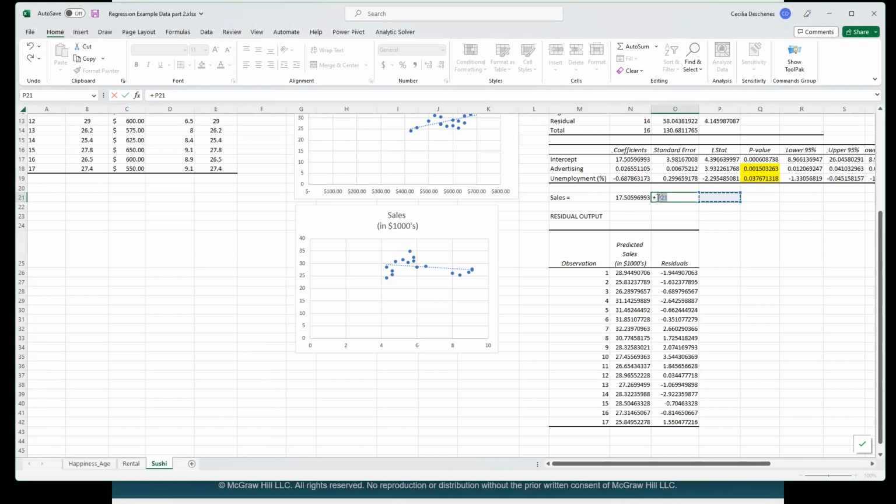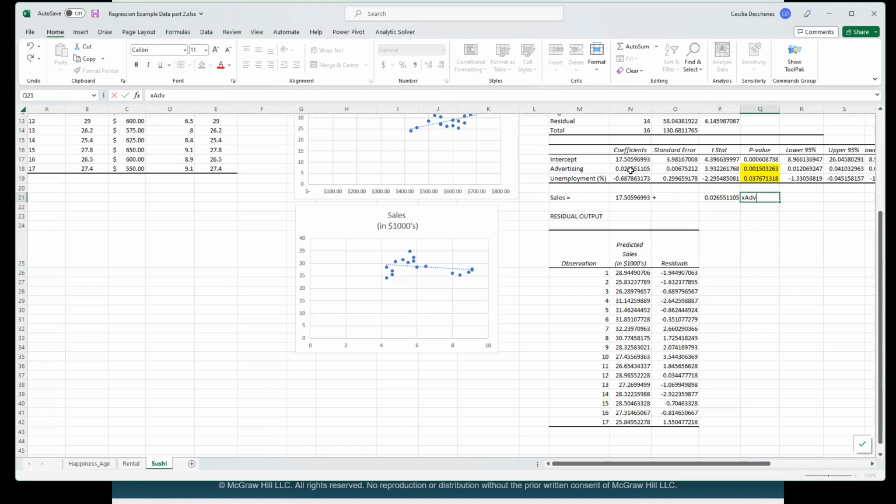Sorry, I got to put a little apostrophe, so it'll say plus. And you don't have to do this. This is just me trying to show you what's going on. The advertising coefficient times